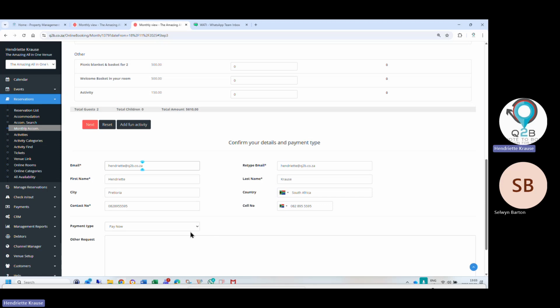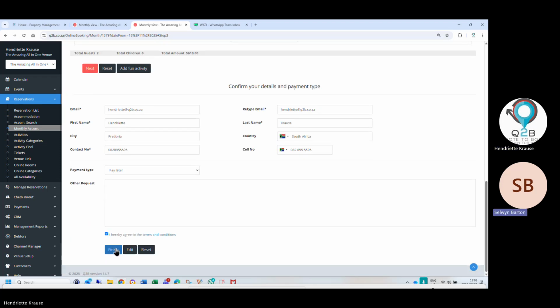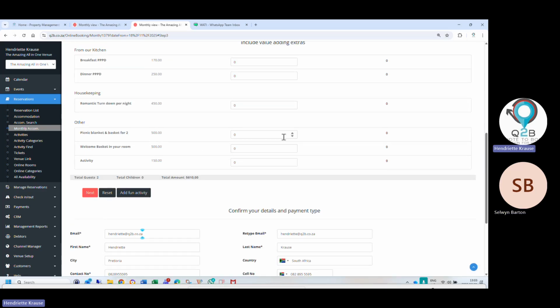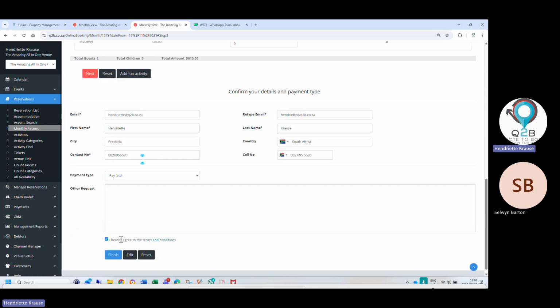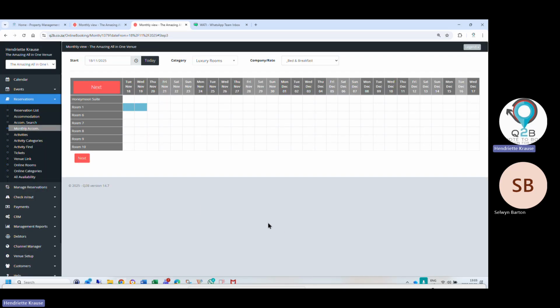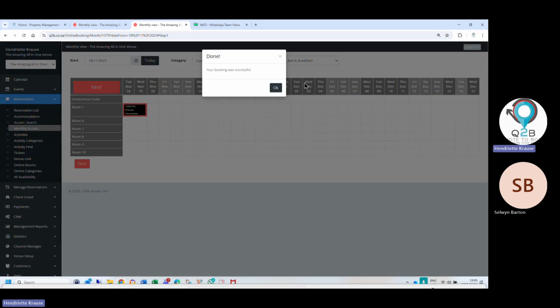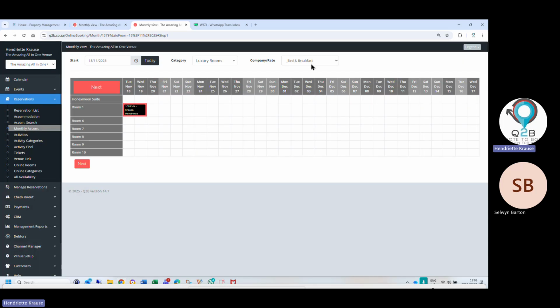I don't know if you offer bed and breakfast and dinners and all of that. No, we just offer just accommodation. Self-catering. Yeah, self-catering, yeah. Okay, so then you won't have that option. You'll just have your one set standard rate, and then it's easier, but we do accommodate for different rate types.